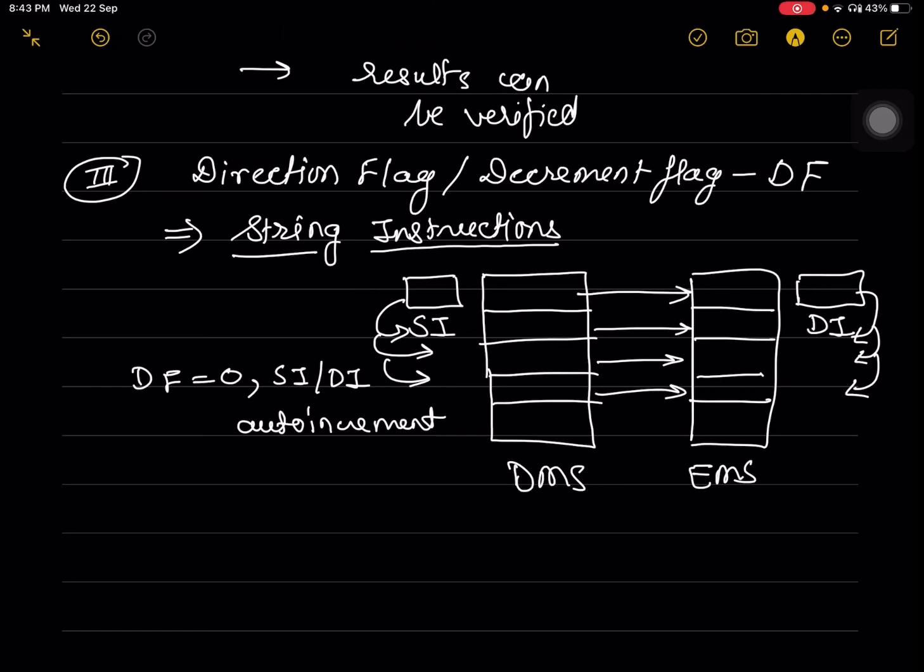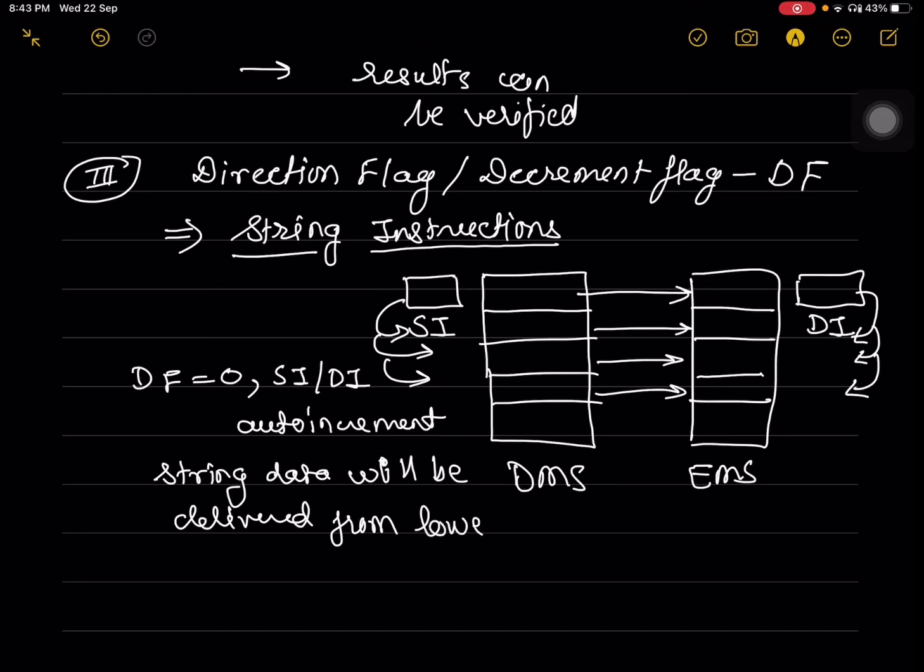So if the direction flag is equal to 0, the SI and DI registers will be auto incremented, which will ensure that the string data will be delivered from lower address to higher address, or you can say from left side to right side. Because when we talk about a string of characters, the leftmost character will be the first and the rightmost character will be the last.